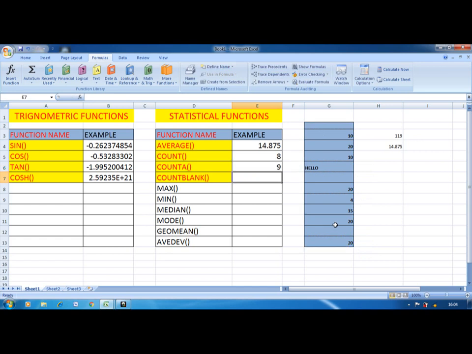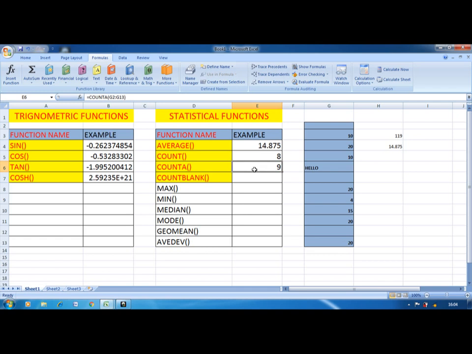In COUNT, the function returns how many numbers are in the table, that is, it counts the cells consisting of only numbers. Here I used COUNT G2 to G13 and got 8.